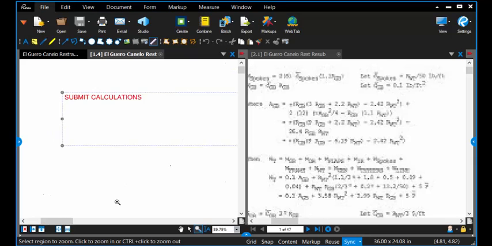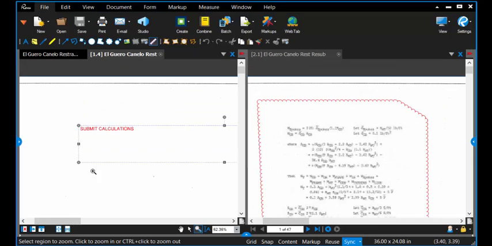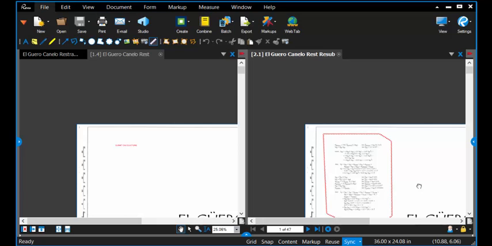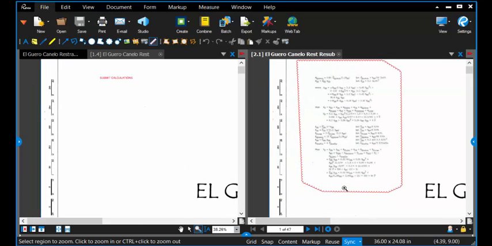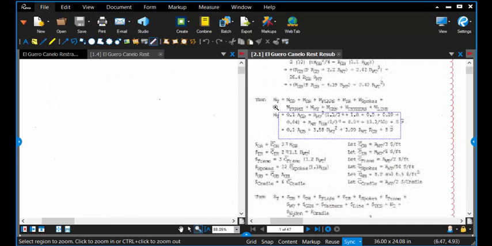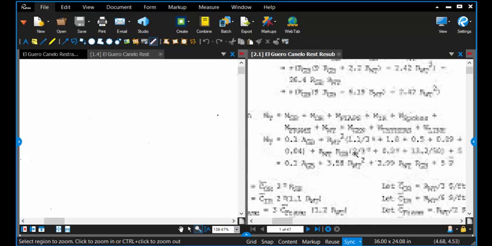And you notice that as we zoom and pan on the original marked up version, the resubmitted version on the right hand side pans and zooms along with us. So we can look side by side and look for differences between these two sets of drawings. And we see that the calculations have been added. Adrian would zoom in on the calculations to determine if this was exactly what he was looking for. And if that was the case, then he would be able to close out